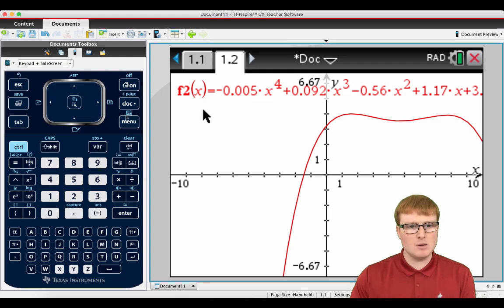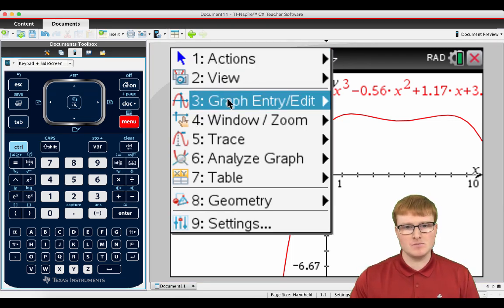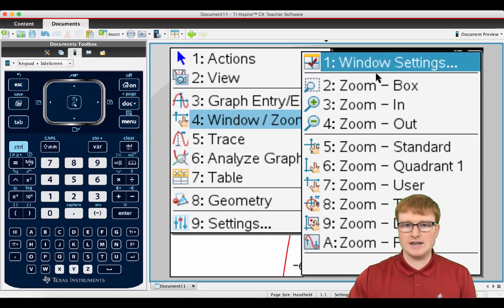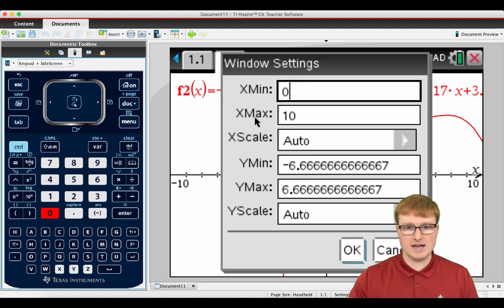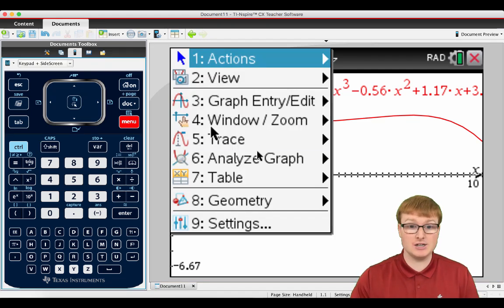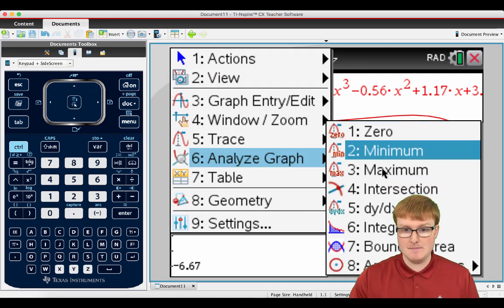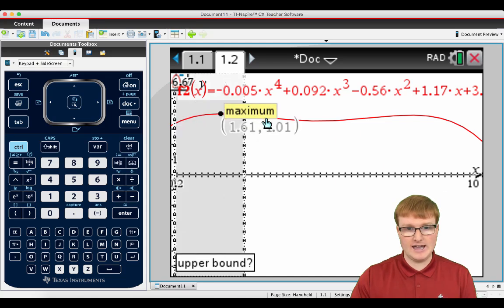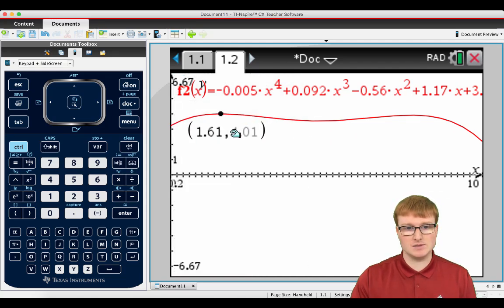Okay, so here we have a very weird looking graph. Not too bad, but we're going from 0 to 10. So go to menu, Zoom, Window Settings. I'm going from x equals 0 to x equals 10. Click OK. So we're going from here all the way to here. So where's your maximum point? It's got to be either in this vicinity or this vicinity. I can't really tell which one's larger, so I'm just going to do two answers. So go to menu, analyze graph, maximum, click before and after. Nice. So the maximum here is